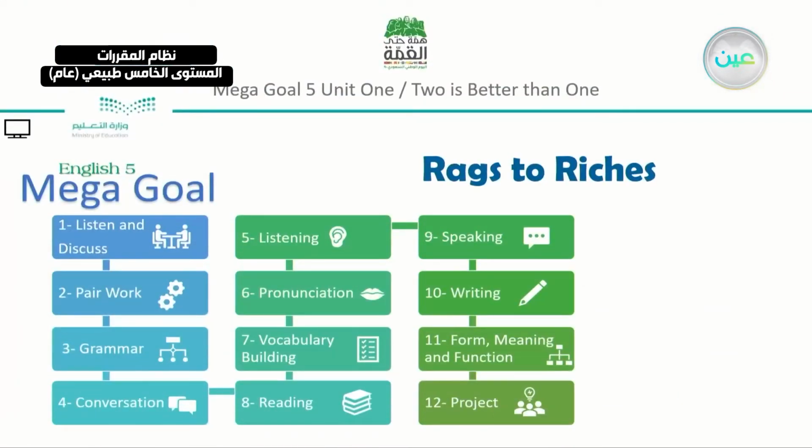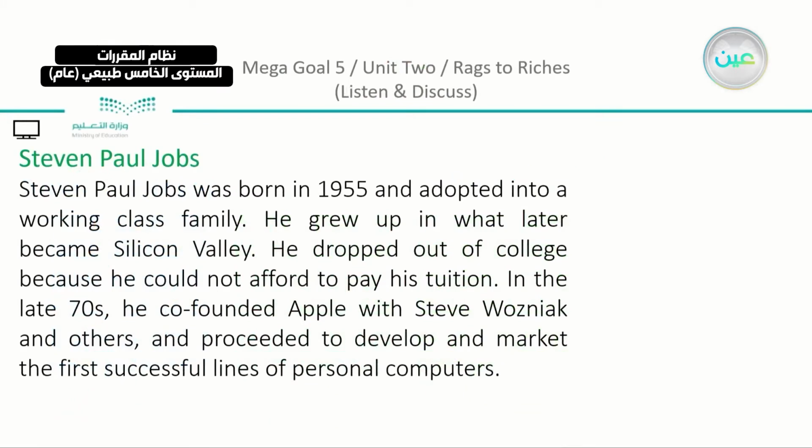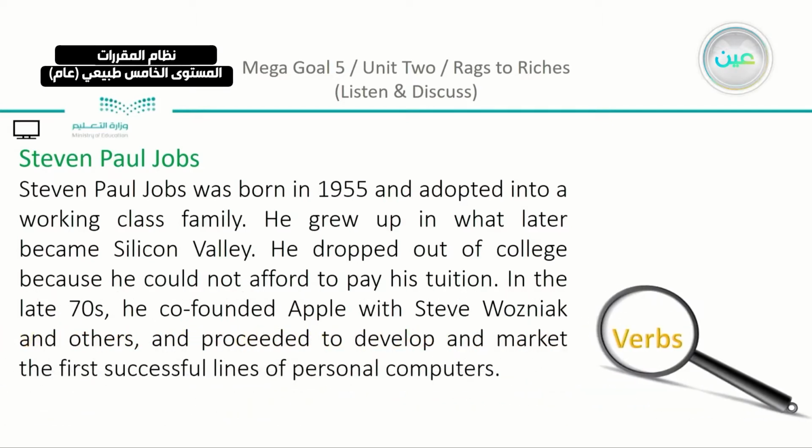Now we are in this part, which is the form, meaning, and function. So just to revise, or just to connect everything together, let's go back to Stephen Paul Jobs. Now here, in this part, we just want to check on the verbs that we have in this paragraph. We can just outline was born. We have also adopted, grew up,